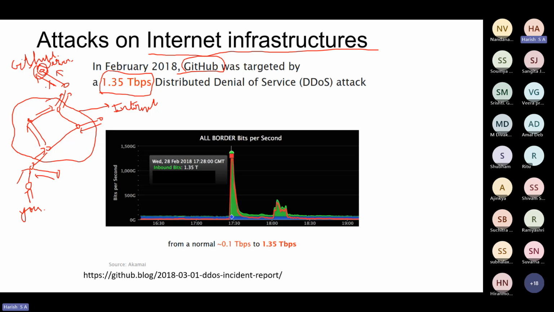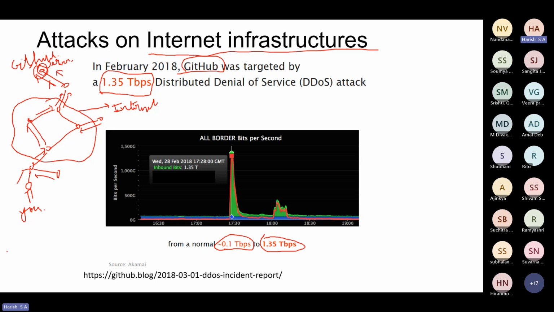GitHub was not able to handle all this traffic and it died down. It froze. It hung, you can say. Usually the traffic expected there is 0.1 Tbps, but the traffic rose to 1.35 Tbps.